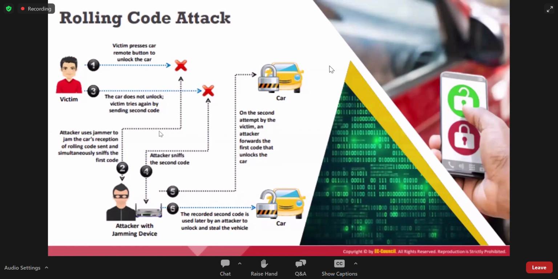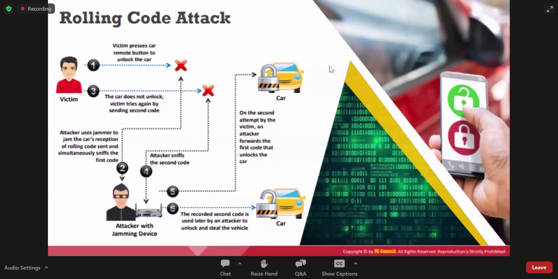Once he has captured it, he can retransmit it, or he can store those codes. Once he has every rolling code, or he can even guess it. If we have only two unlock signals and two lock signals, he can easily predict the pattern, and then he can create it.